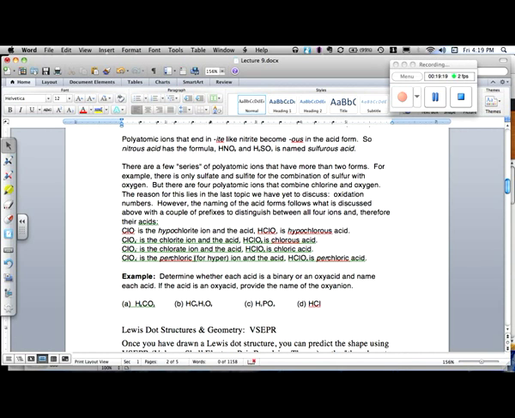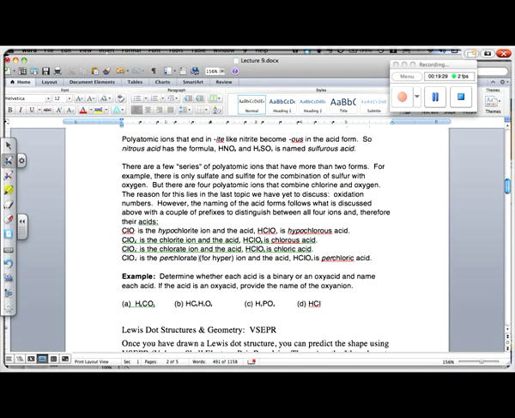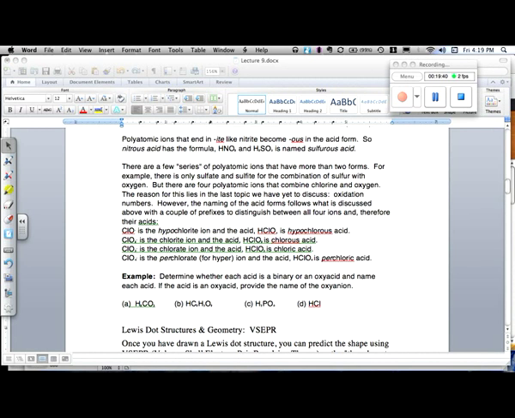This should be chlorate, perchlorate ion. And the acid is perchloric. How long has it been wrong? Probably forever. All right, let's do a little example to reinforce our naming of acids, and then we'll move